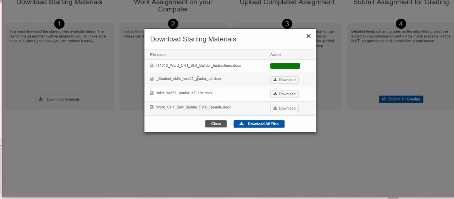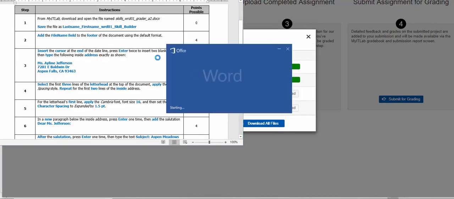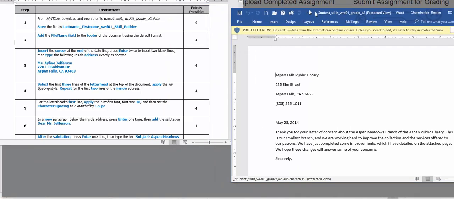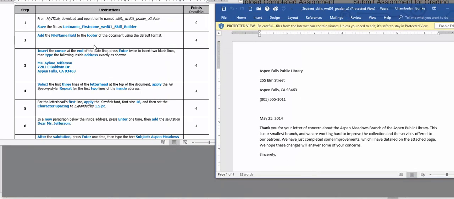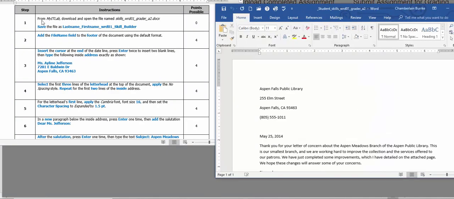All right, this is your start file, the same way you had for your Access database. All right, I'm going to click on download. It's going to open it. It's a Word document. All right. So it's another Word document. So what you're going to do is take this Word document, this is your starter file, and you're going to apply these instructions to this. You're going to have to click Enable Editing. The very first thing it says,